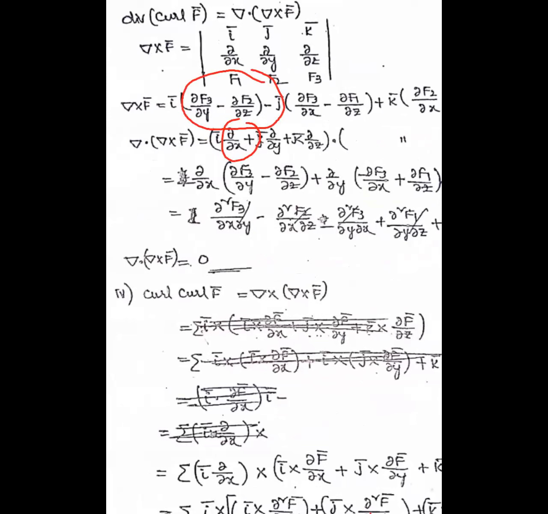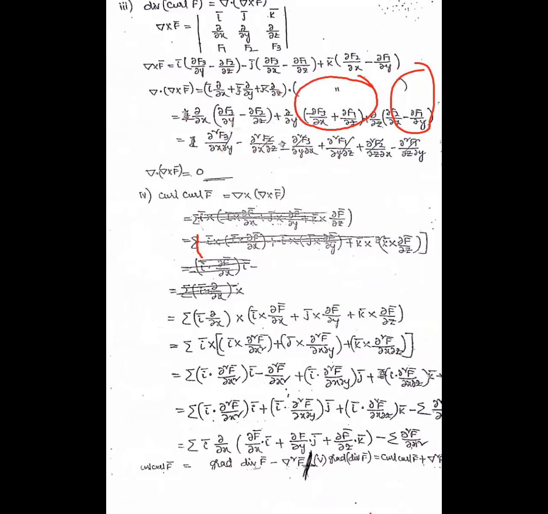Next, minus j dot j, 1. So ∂/∂y of (∂f3/∂x minus ∂f2/∂z), plus k dot k equal to 1, and ∂/∂z of the third value. So we get the answer